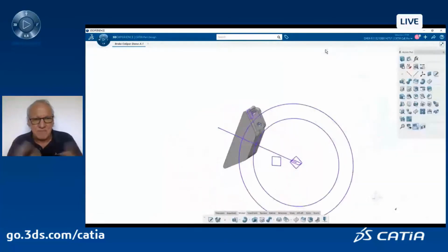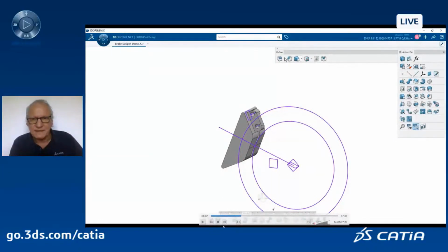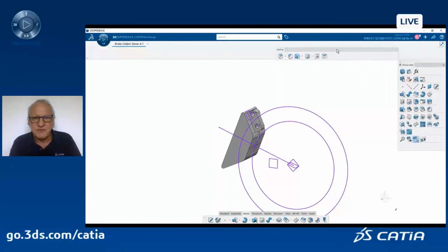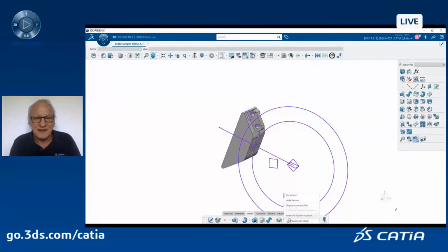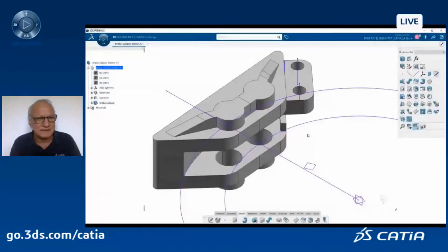Now that I'm okay with that, I will just erase my context view and just work with the design view. Here I can at any time undock some commands and dock them where I want on the screen. It's very simple. So you see here the refine command with the chamfer and fillets. I can add as many commands where I want, and those menus can also be attached to another screen, for example, if you have two screens. And of course, if I am a little bit messy, I can come back to the predefined position of those action bars. Here, I create now a new body,